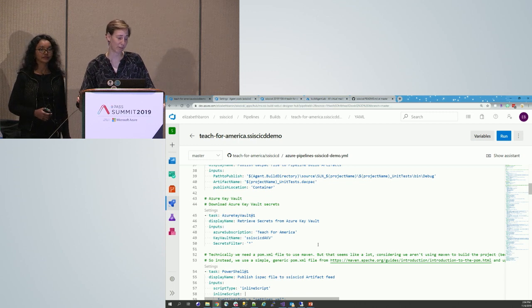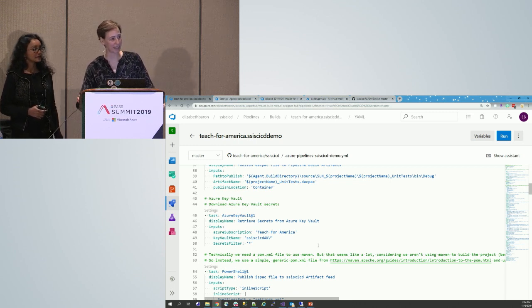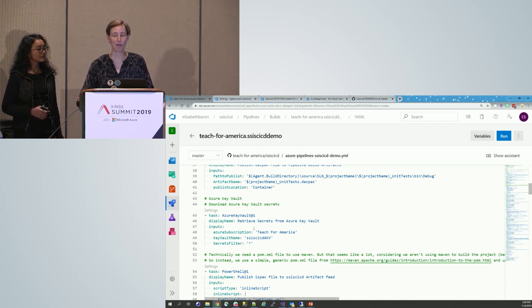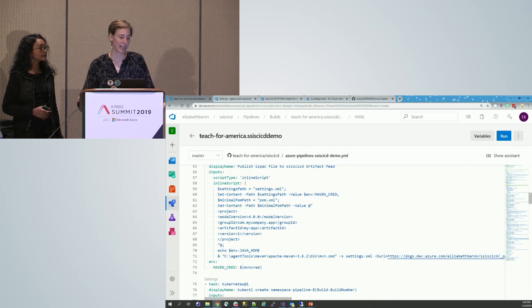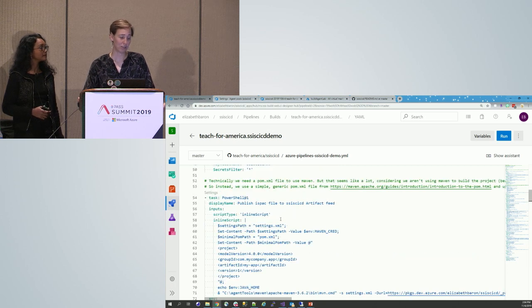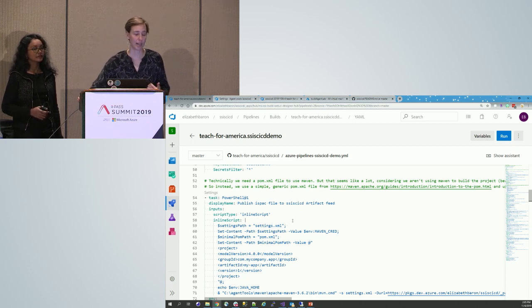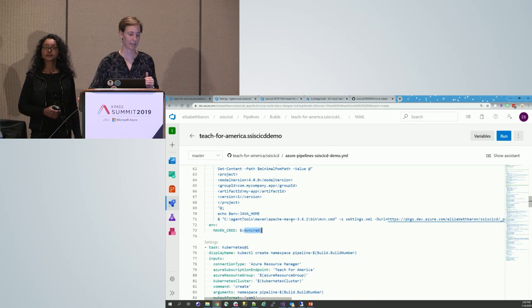This is my favorite task ever. I don't think I would have ever said that before, but Azure Key Vault has a fantastic integration with Azure DevOps. You simply add this task and say, give me all my secrets. And Azure DevOps will pop them into variables for you, all of them, or whichever ones you filter for. And you can see an example of that here. MVM cred is not defined anywhere except for Azure Key Vault. And yet I can use it right here. I can bring it into my PowerShell script and use it to actually publish with Maven, which is one of our tools that we're particularly familiar with at Teach for America, to publish to an artifact feed. So Azure Key Vault, the task, fantastic.